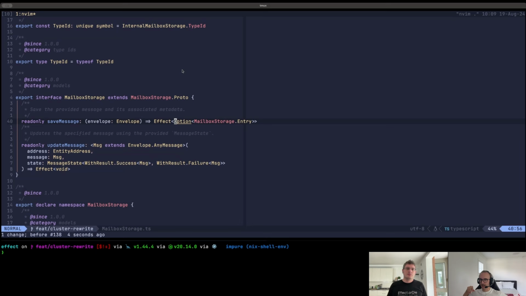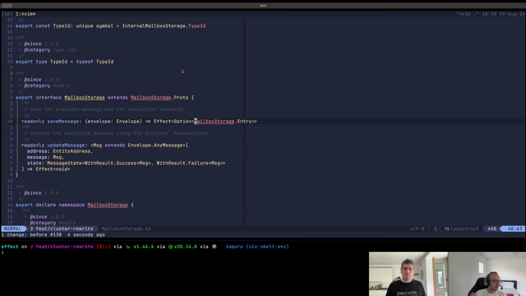So what I'd really like to talk about in granular terms now is how we represent all these types, because envelope is still difficult to work with. I think we can find a better way. Then we get an envelope and we need to persist the message, and I already have some code we can look at for mailbox storage. And then, assuming we successfully persist it and need to forward it onto the entity, how can we give the entity the message itself, because the entity is the thing that knows how to